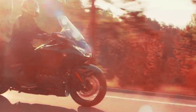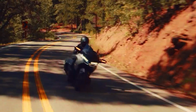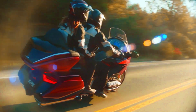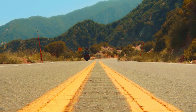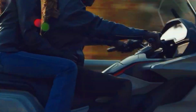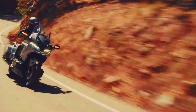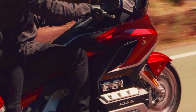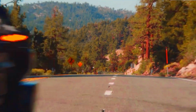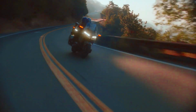The Goldwing features a luxurious design with amenities like heated seats, a premium audio system, and a large, adjustable windscreen. It boasts an array of electronic features, including ride-by-wire throttle, multiple riding modes, traction control, navigation system, and Apple CarPlay integration. Honda Goldwing specification detail: Engine: 1833 cubic centimeters horizontally opposed 6-cylinder engine. Power: approximately 125 horsepower. Torque: approximately